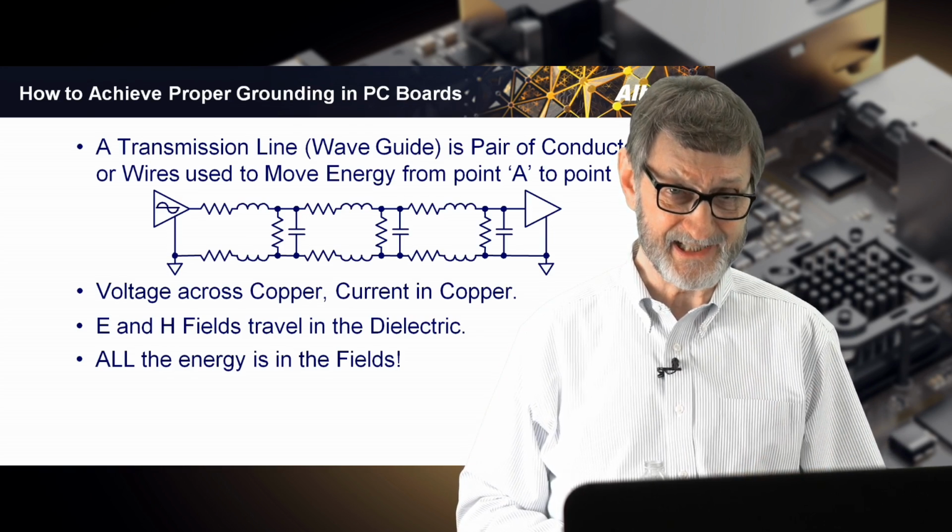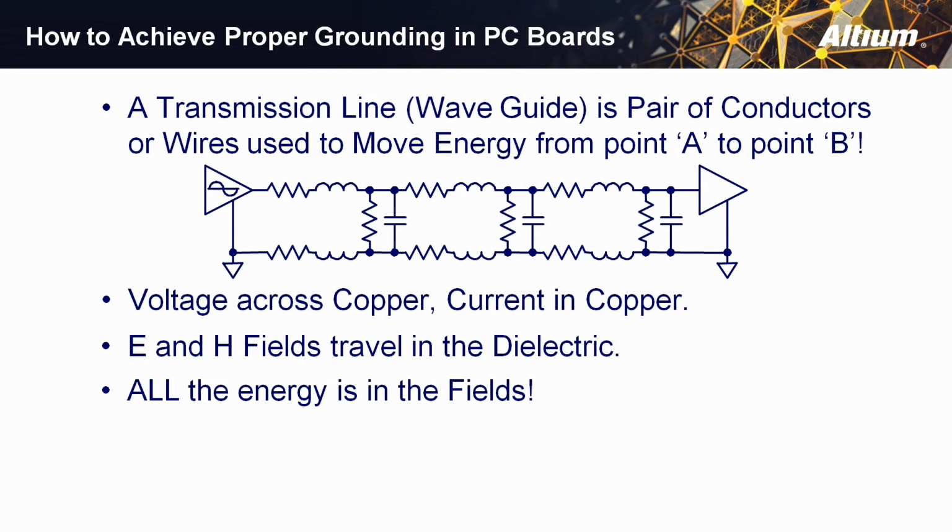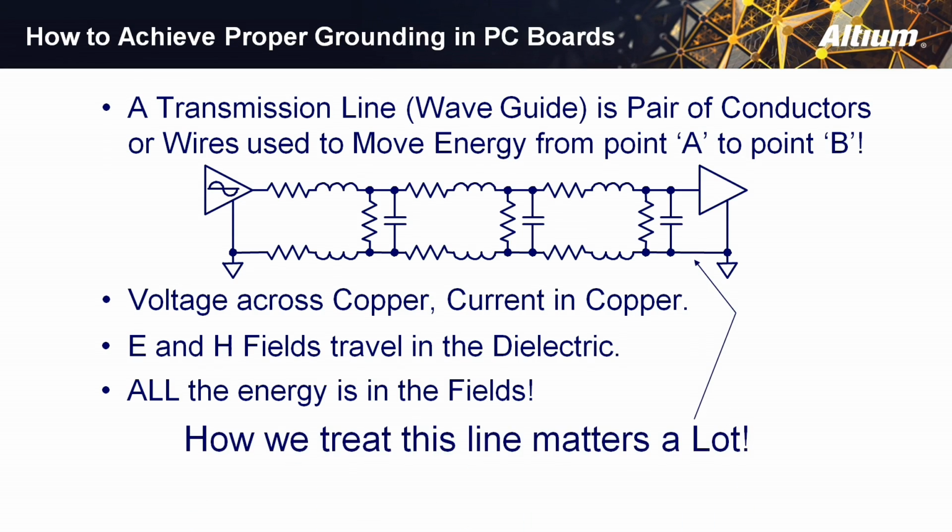plane simultaneously. So as the energy has moved a third of the way down this transmission line, it has formed a forward current and a reverse current simultaneously in the first third of the copper structure, but there's no current in the rest of the structure. There's no voltage in the rest of the structure yet because the energy hasn't reached that far down the transmission line. That's how things actually work in a circuit board. How we treat this return path, the ground as we tend to call it, is an extremely important aspect of